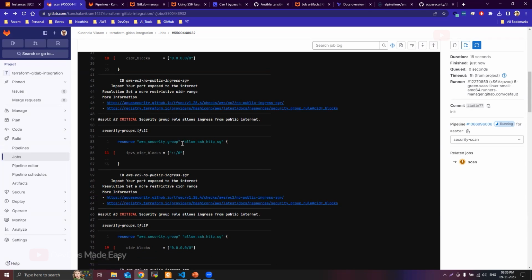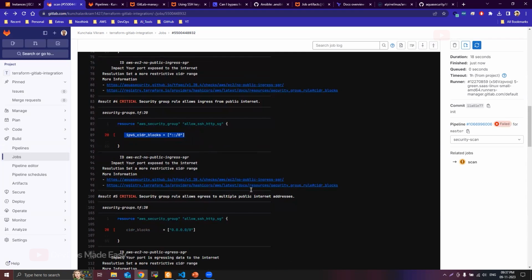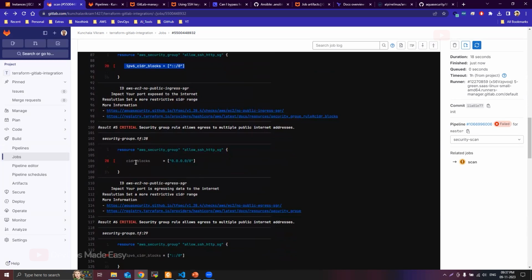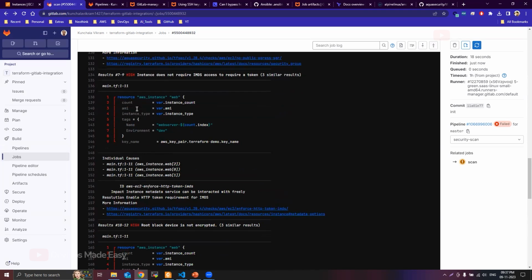The other thing is the same thing. It is fully open for the IPv6 traffic. So 4 errors are only because of that. The other error is again that, again this one. The next thing is it says your instance does not